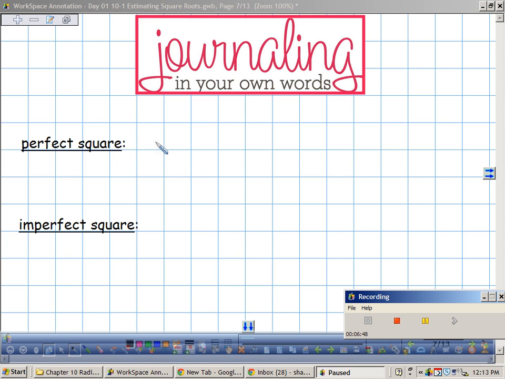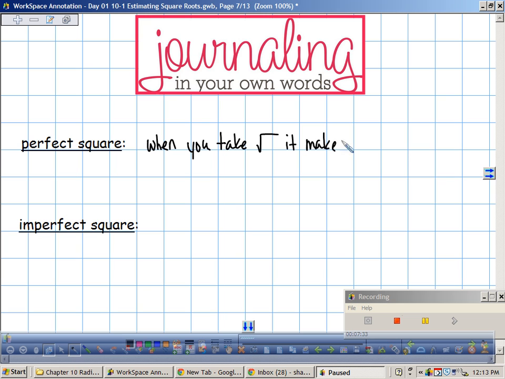True. So you mean when it fits in, you get a whole number. So we'll make it a little bit more academic vocabulary. When you take the square root,